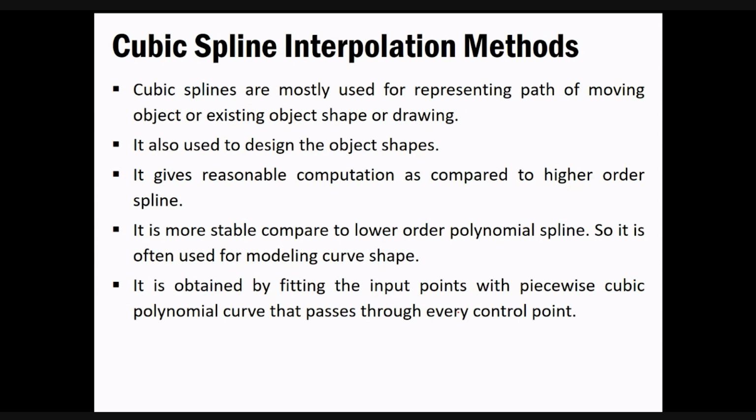Okay, so you have to fit the input points with this piecewise cubic polynomial curve. What this curve is, we will see, that passes through the control points that you would be having. Okay, so now the very first thing over here is pk, and obviously you'd be having multiple polygons, or you can say vertices, and that would be pointing to the coordinate where it lies. So you'll be having x1, y1, z1. Similarly, based on the number of things that you have, it will be represented by k.